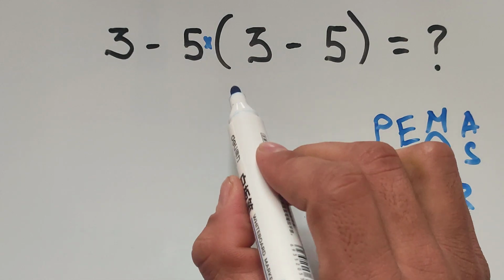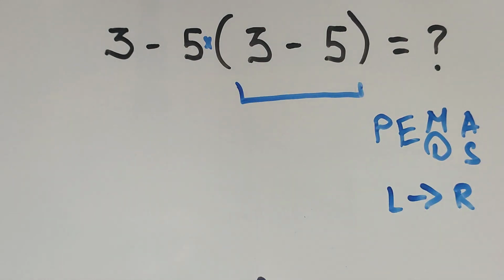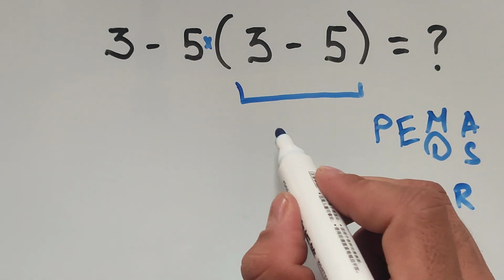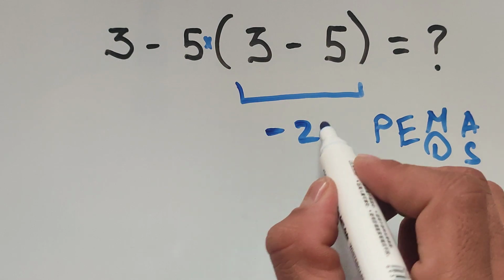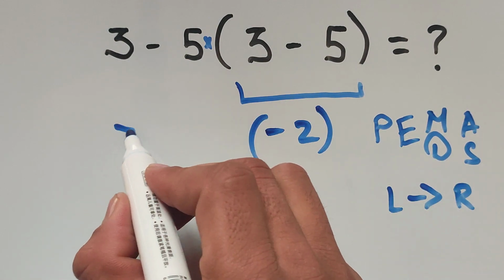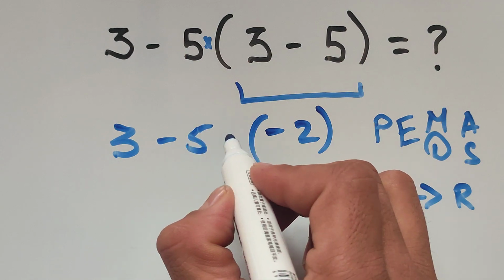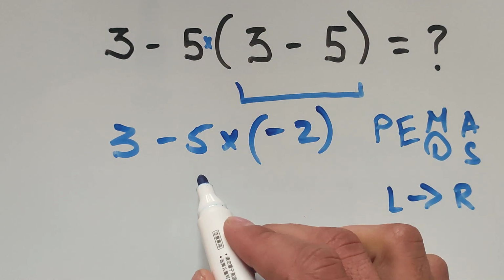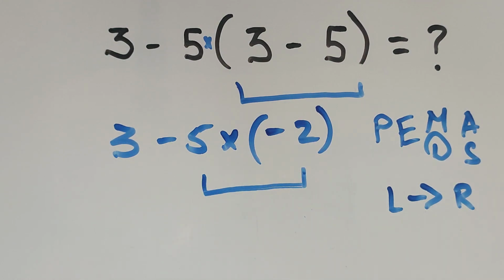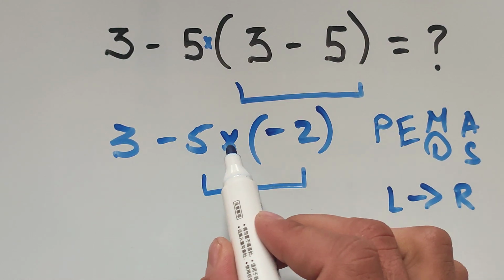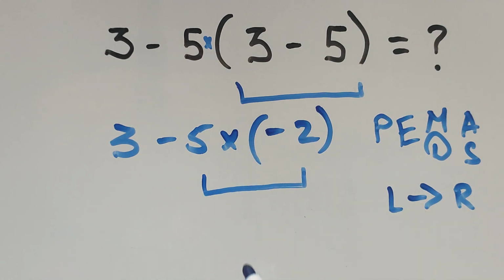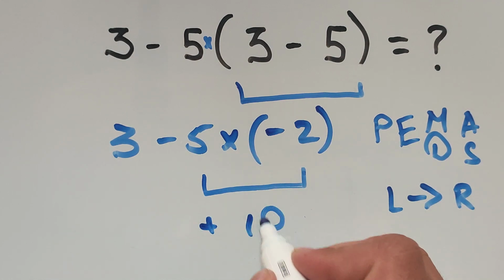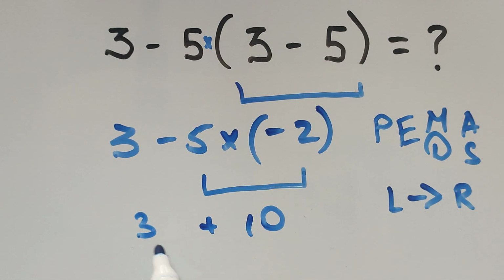According to this rule, first we have to work inside the parentheses, and 3 minus 5 equals negative 2, and we have to copy the rest part of the problem, 3 minus 5, and multiplication. And here, according to this rule, first we have to work this part, and negative 5 multiplied by negative 2 equals positive 10, and 3 plus 10 equals